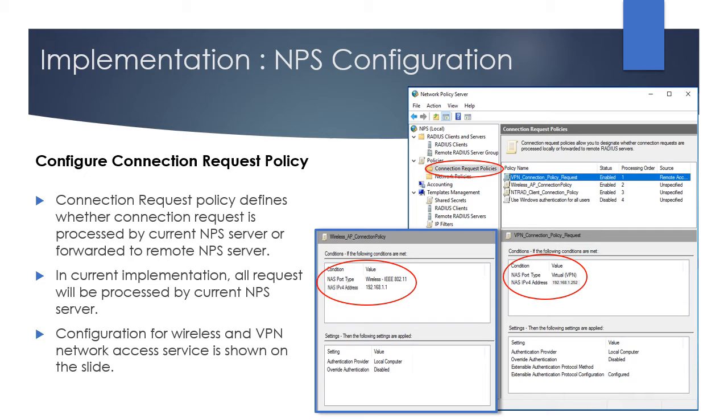For VPN access service, condition used for this policy is that network request is originated from the IP address of 192.168.1.252. This ensures that only network requests coming from a known device will be entertained. If multiple conditions are defined, then all conditions must be satisfied. Wireless access point connection request policy is configured similarly with IP address of